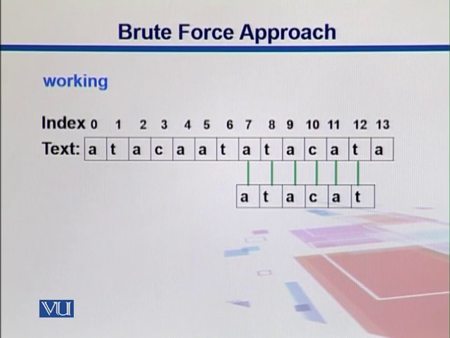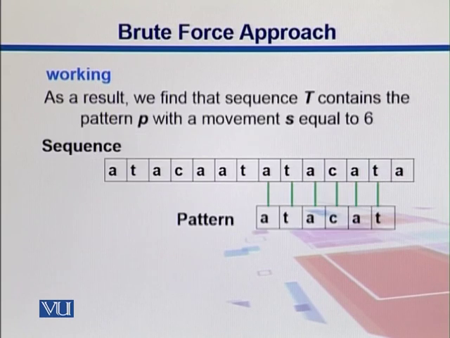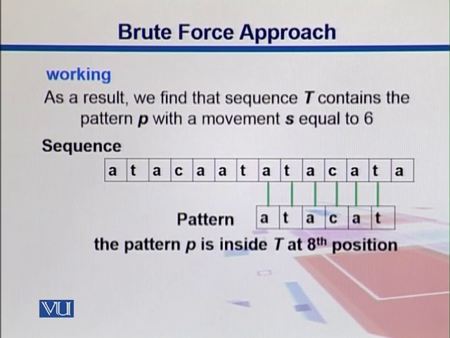In the end, we see that we have found the exact pattern which is matched. It is matched at index 7, and from position 7 onwards, p is a substring of t, present between 7 to 12. As a result, we found that sequence t contains the pattern after 6 moves. So s is equal to 6, and we conclude that the pattern p is inside t,